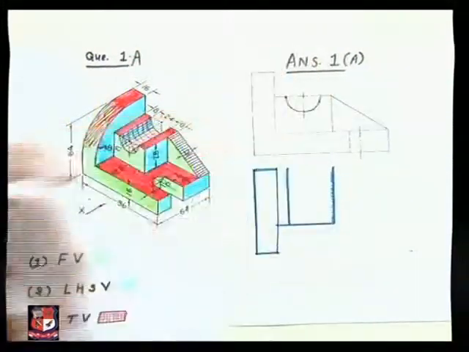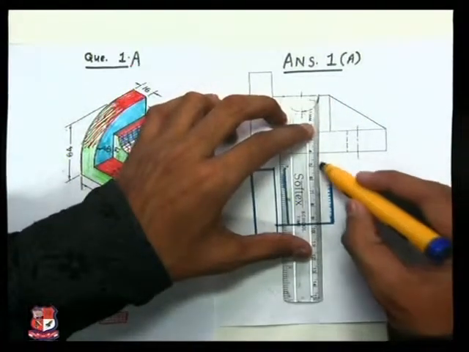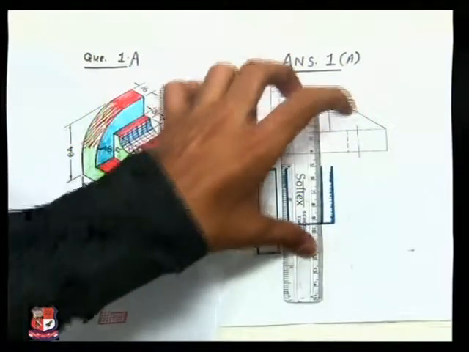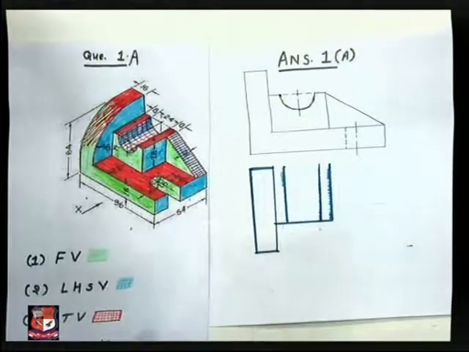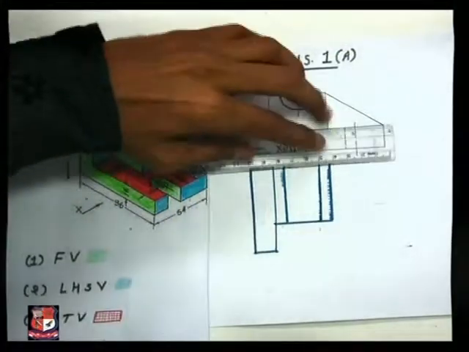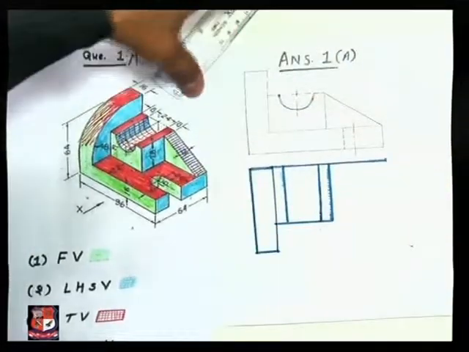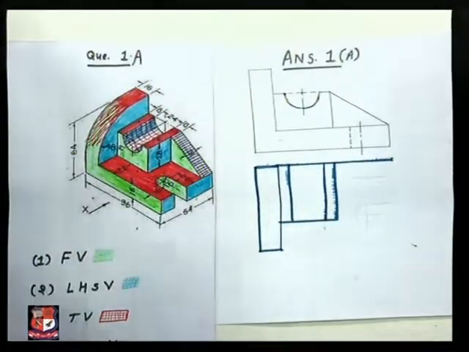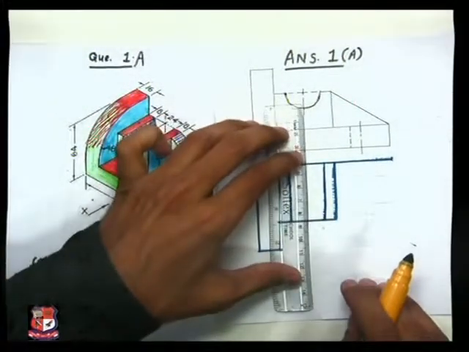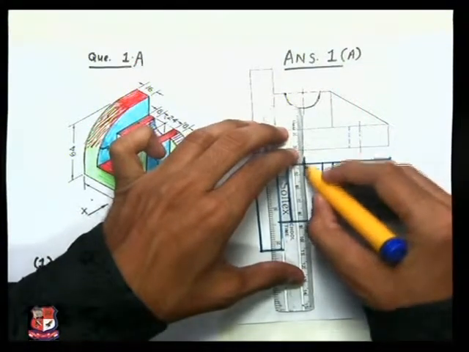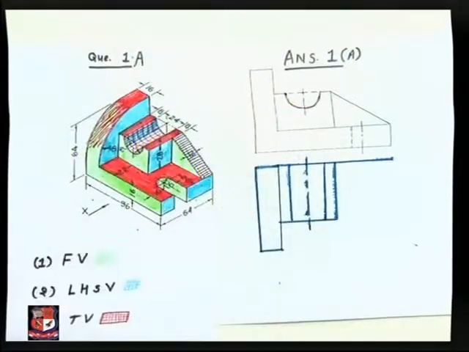It would appear like this, this upper edge. Similarly this edge would be there. So transfer that with full line like this. So we have represented these 2 red colored rectangles in top view, and of course here the end would be there, a straight line like this. So these 2 red colored rectangles have been shown, and here the center line is there. So that we have to represent like this. It's compulsory to show all center lines in the drawing. So this is the center line to be drawn over here.